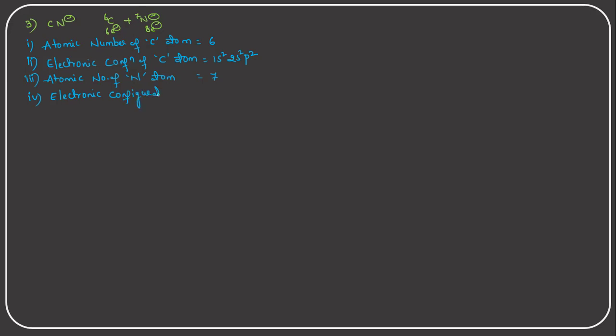And here we should not get confused. Which electronic configuration do we need to take here? The nitrogen minus ion electronic configuration we have to take. So I am writing the electronic configuration of the nitrogen minus ion: 1s2, 2s2, and if it is only a nitrogen atom then 2p3, right? But here one more extra electron is there, so that is the reason I am writing 4, meaning I am adding one extra electron to its outermost orbital.